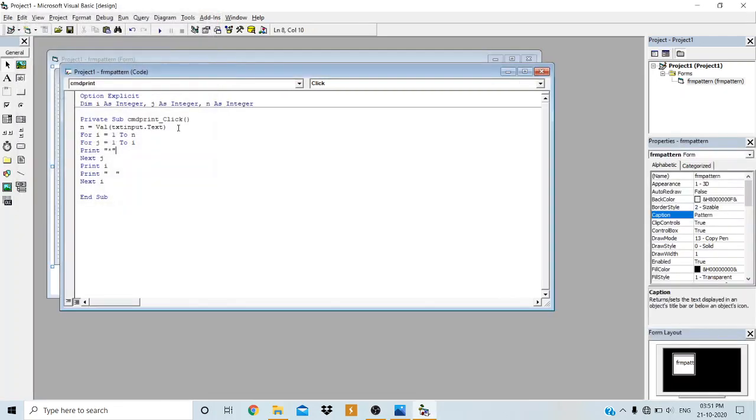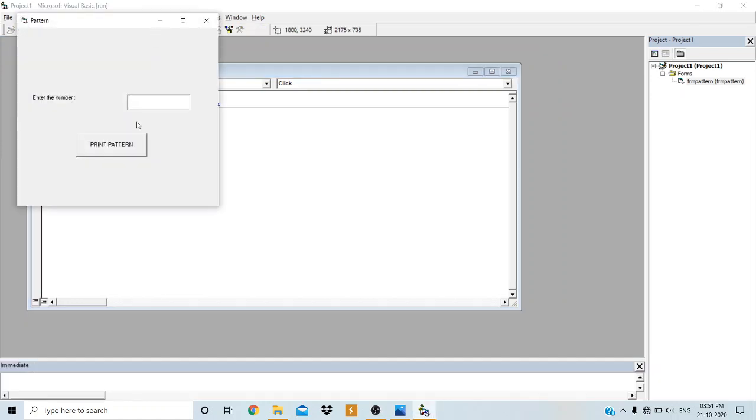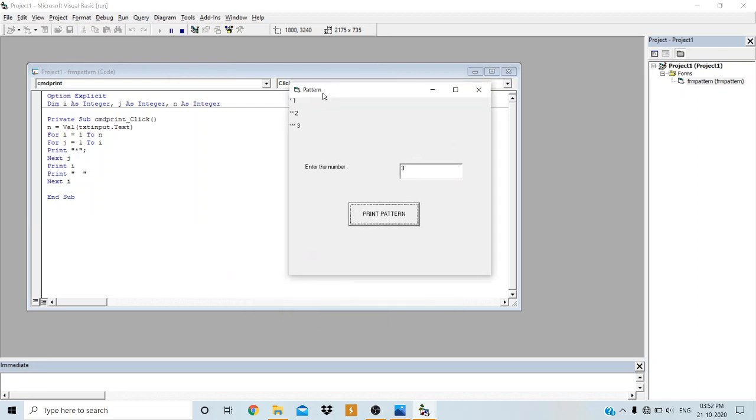So what happens if I write the semicolon here and run the application for input number 3? See, 1 star with number 1, then 2 stars with number 2, 3 stars with number 3. It means that when you write the semicolon for the print statement, the output will be continued on the same line.